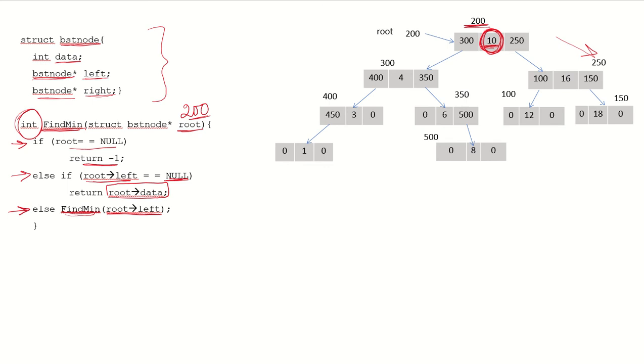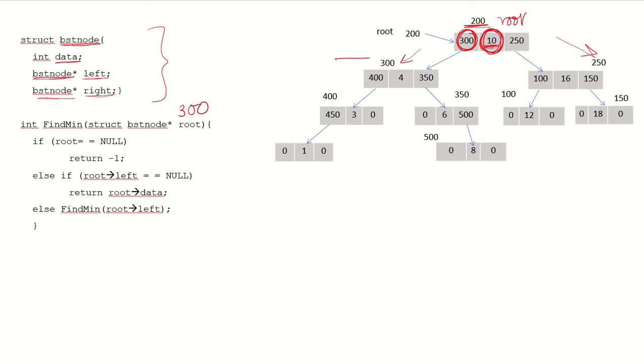The address of the left child is available at root arrow left. Currently this is the root, so we are going to send this pointer to the next node in the left subtree. This value 300 we are going to send back to the function, and this is a recursive function call.